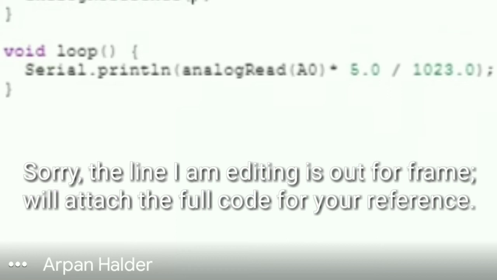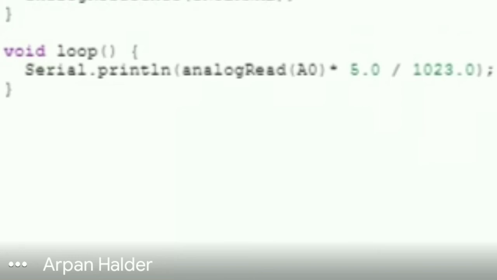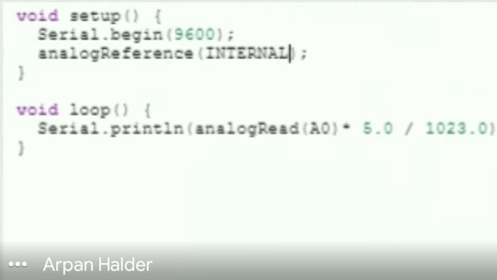Let's first see what internal is. This particular IC has an internal ADC reference of 1.1 volt. So just by adding this keyword, it will set my reference from 5 volt to 1.1 volt.